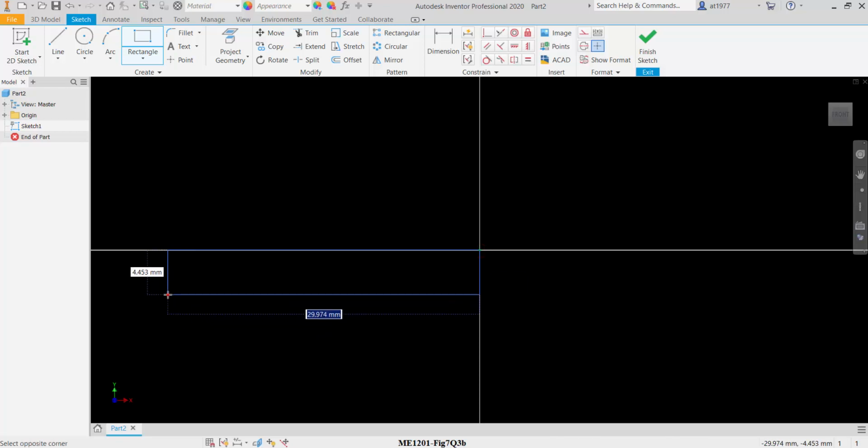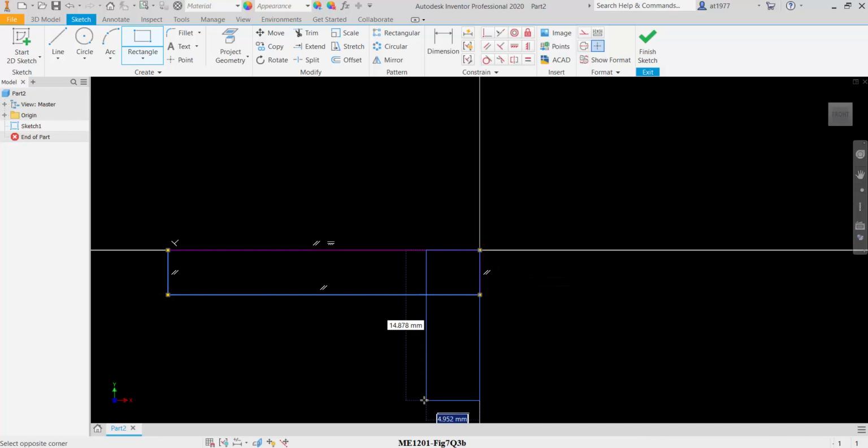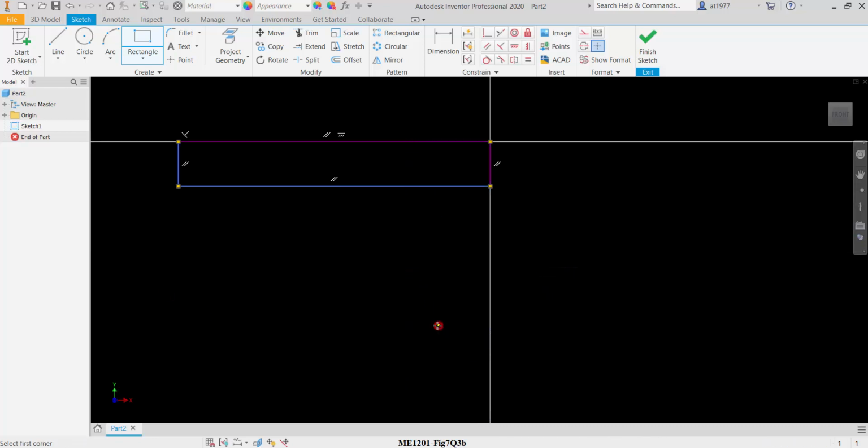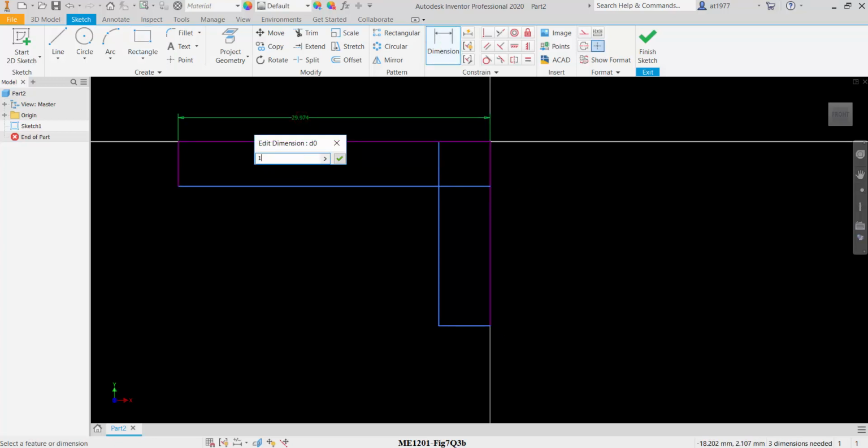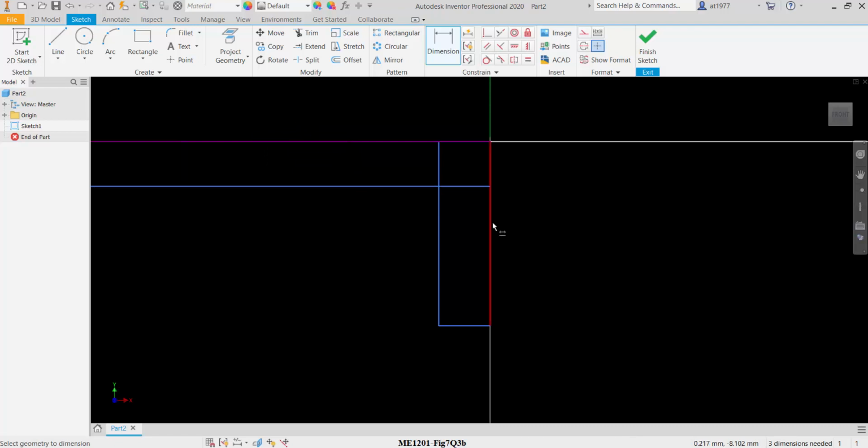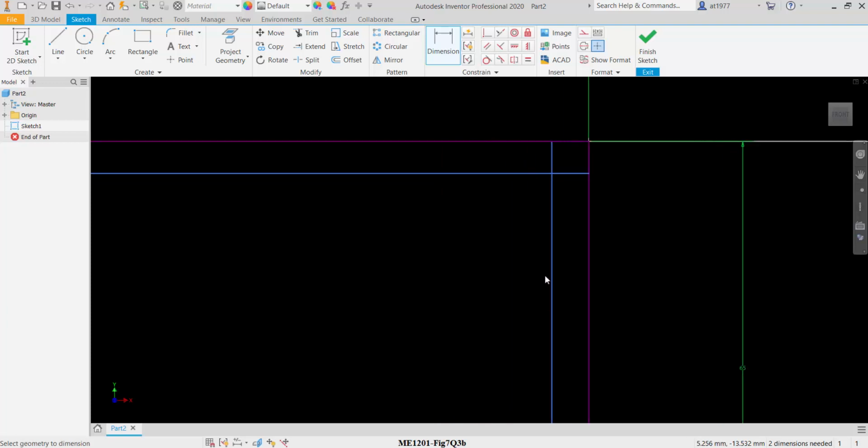Click, create two rectangles of any size, forming an L shape. Dimension it. This is 125. This side here is 65. Double click the middle mouse